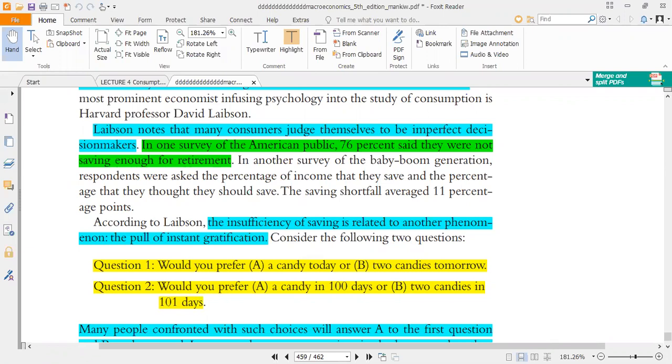Which one will you go for? For the first one, I will go for A. Second one, I'll also go for A. Because you can't wait? Yes, because it's certain that today I'm getting this, and for the second one, it's certain that in 100 days I'm getting this. What if in 101 days